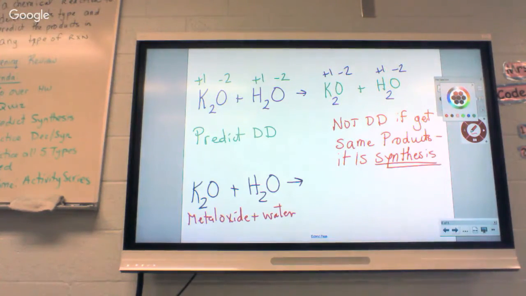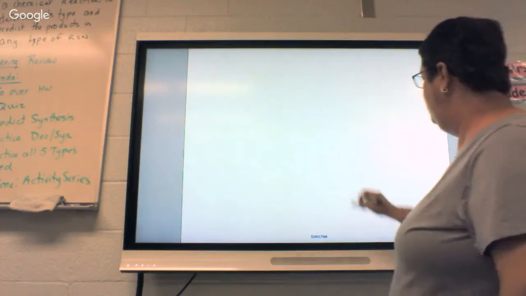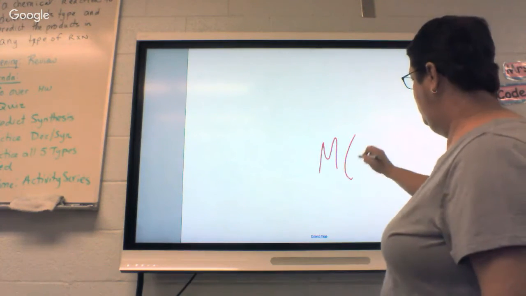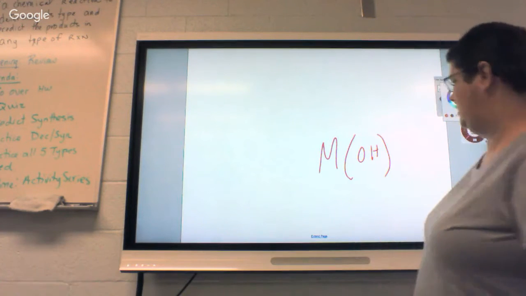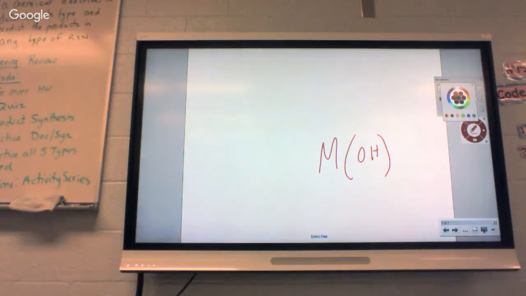Here's one of the times you can write on your blue sheet. So beside the word base, I want you to write the letter MOH in parentheses beside the word base. You will know what a base is by the time you test in January. Okay? You're not there yet. You will know how to do that by January. Okay? So, if this is what a base is,